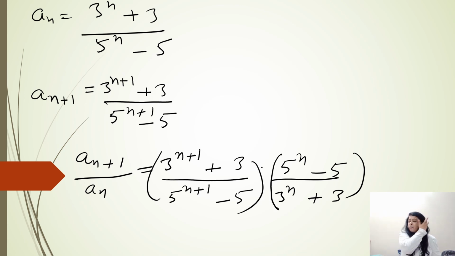Right. Now from the first bracket you can see that we can take 3 raised to power n common, and from the denominator we can take 5 raised to power n common. So what you will get,